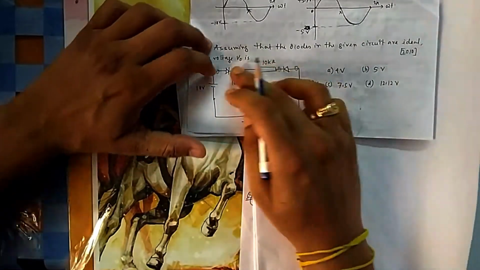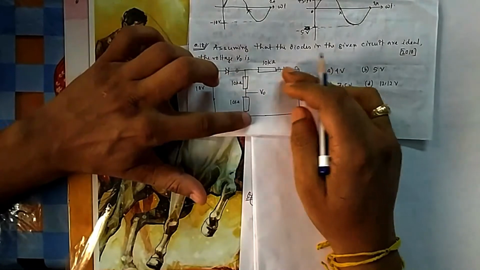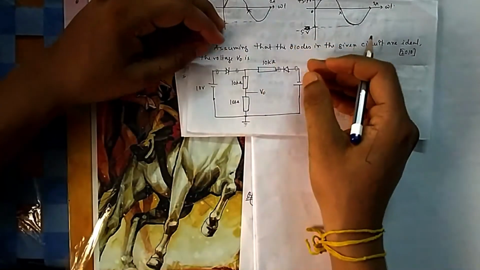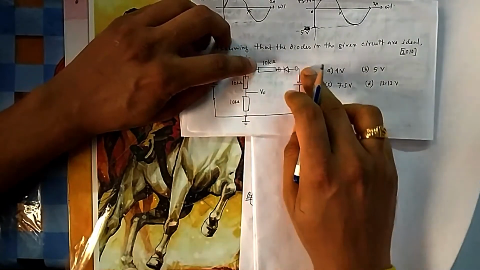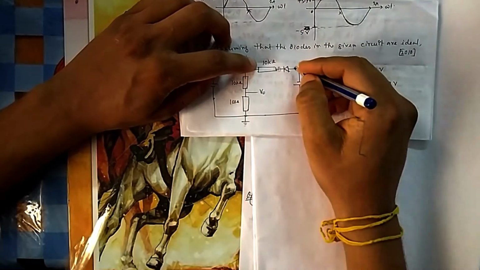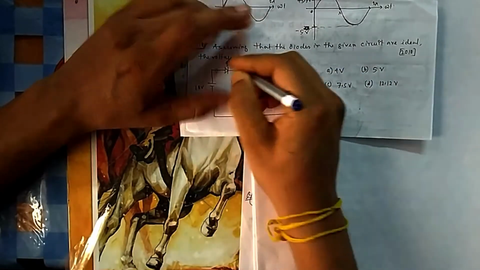So if I remove this one, what is the voltage here? 10 volt. This voltage is 0, because no current is flowing, and this is plus 10, so obviously this is on. For the other, this side is minus 15 and this is 0, so this is off. If I say this is 2 and this is 1, my first impression is that D1 is on.